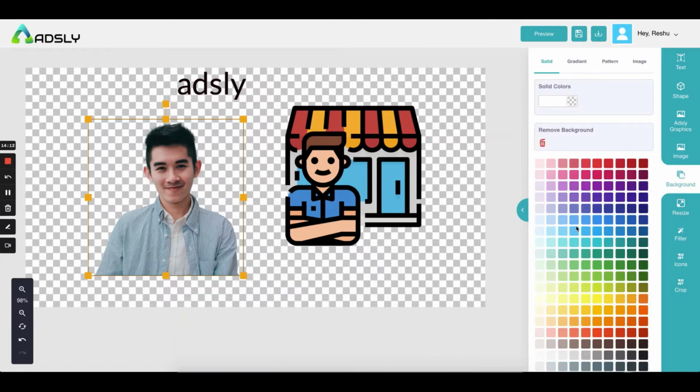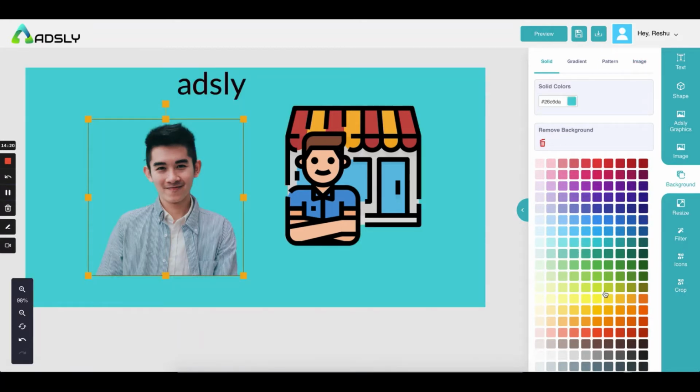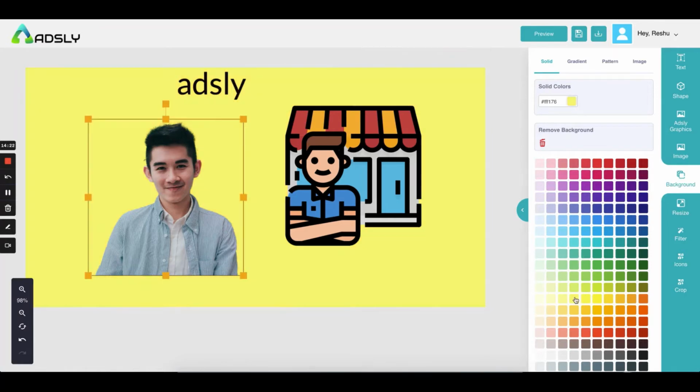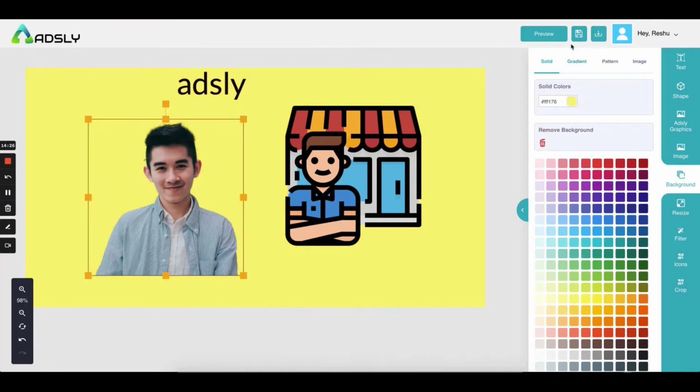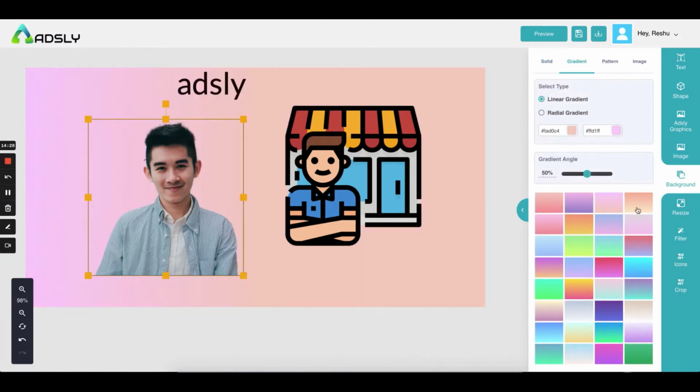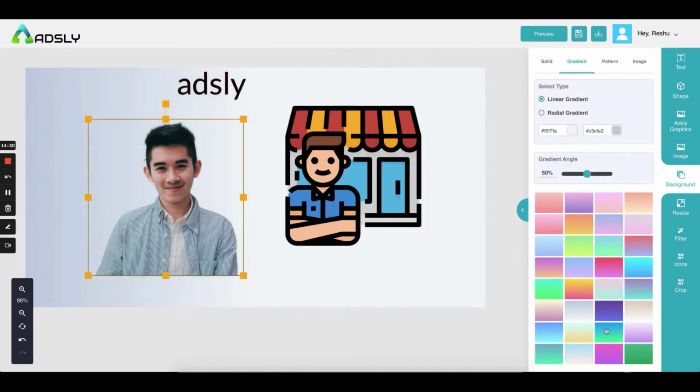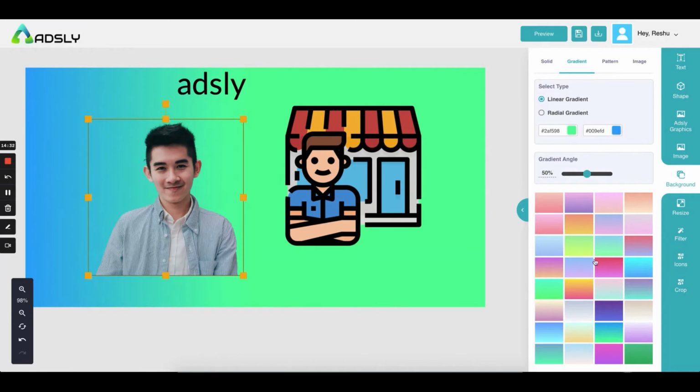Next comes the background option. Now you have four options of adding a background. One is solid. These colors, or any color which you want to add, you can add the color code over here. Then gradient. Again, you can use our library, or you can add the color code of whatever color you want to add.